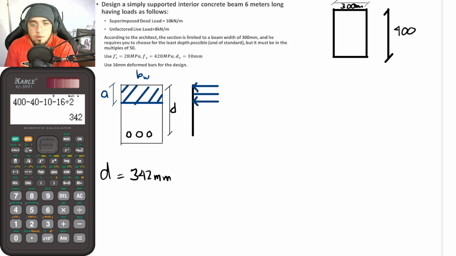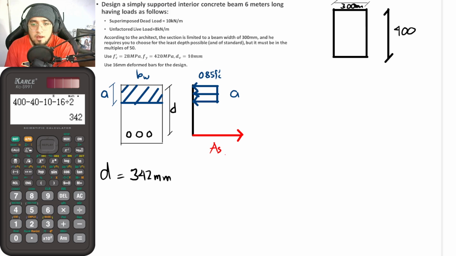So this is now our compression block, where the stress is equal to 0.85 F prime C, and this is of course A. Okay, so from that, the resultant of our compression block is here, but this is of course A. And for T, the force of the steel, this is now equal to